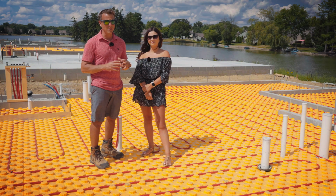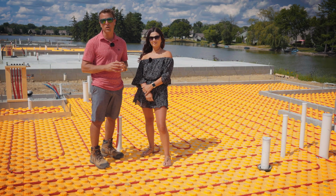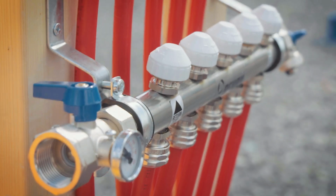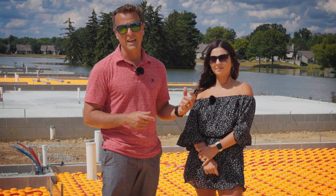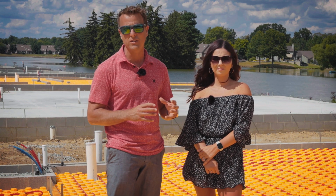The first and most important feature of our boiler is to supply the domestic hot water needs of the home. Secondly, it'll take care of all of the warm floor of the home. As a Tecmar thermostat calls for heat, it'll either use the air temperature or a floor sensor. And it'll send it to either a pump, or in this instance, we're going to use actuators on our half-inch PEX